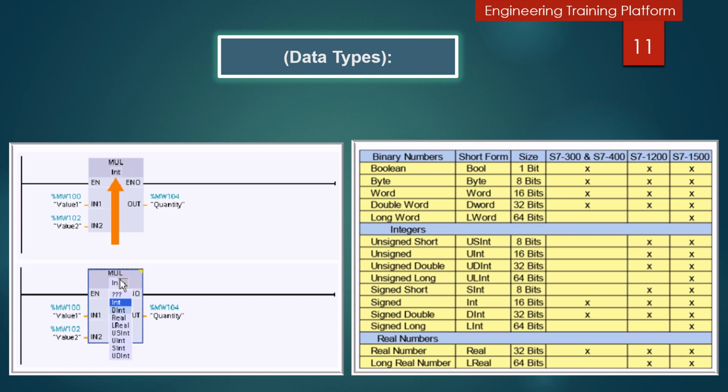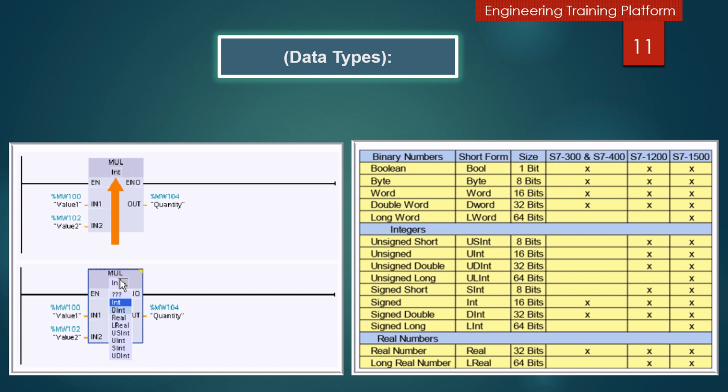PLC data types of various lengths are specified for binary numbers, integers, floating point numbers, date and time, characters, parameters, system data and other types of data. Because the number of data types has increased over time, not all data types are available for every Siemens PLC.